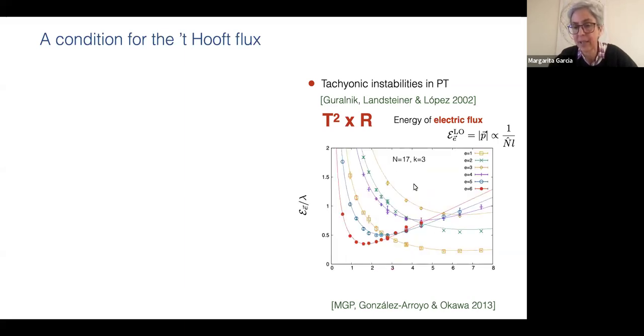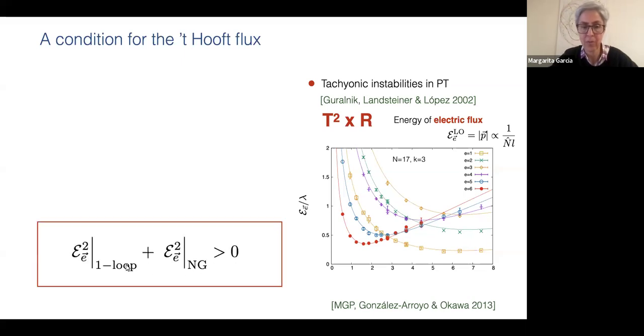So there are ways to avoid this by scaling the flux. This is, for example, a case where we have done n equals 17 with k equal to 3, and you have here different electric fluxes. They all stay above 0. So in this plot, all the points represent numerical data obtained in Monte Carlo simulations, and the lines are a fit that we have done to the data with a very simple assumption that is the following. We combine in quadrature the one-loop formula with the Nambu-Goto string formula, okay?